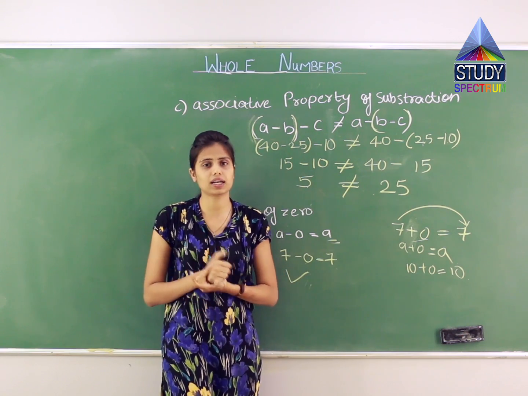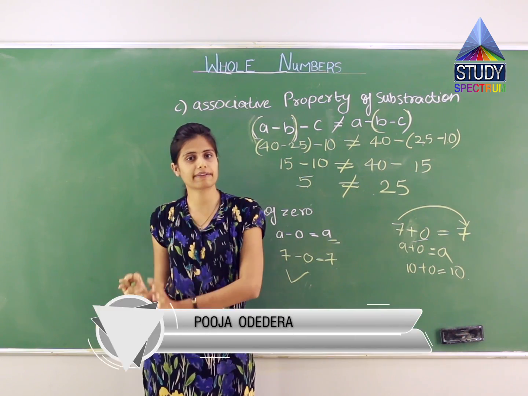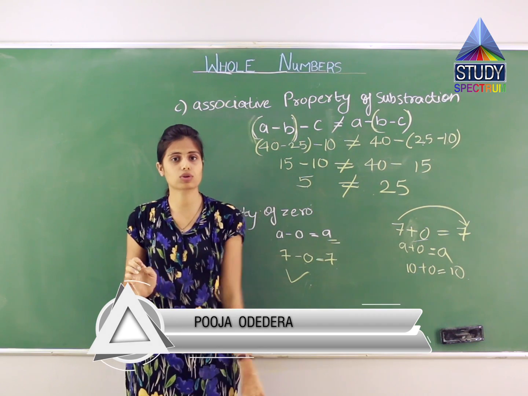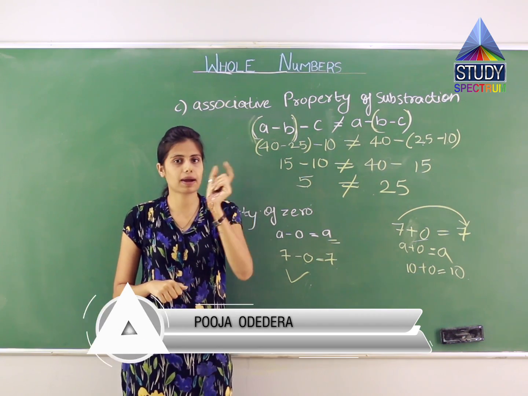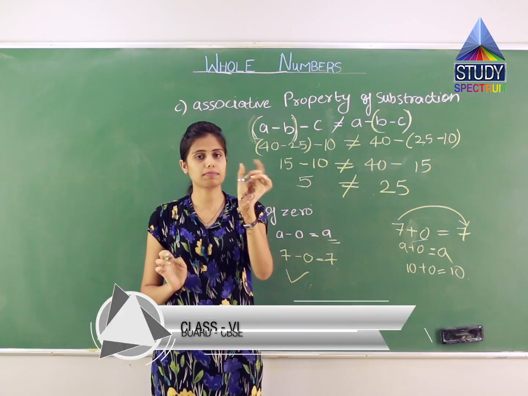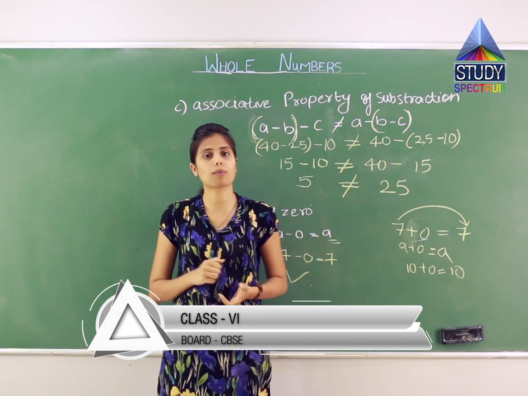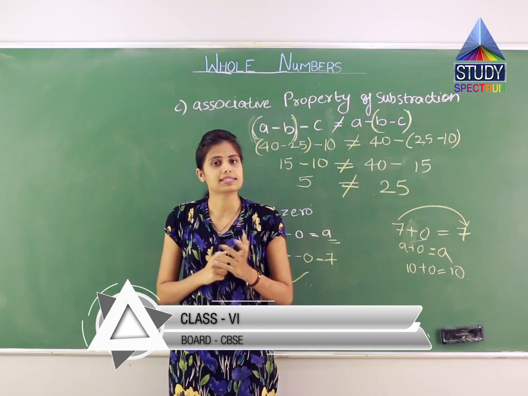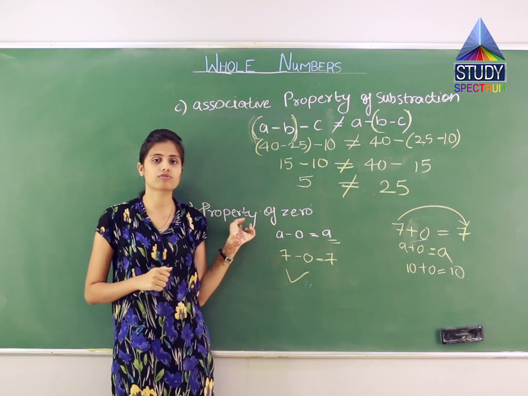7. In practical life also, if I say you have 7 mangoes and those 7 mangoes are lying just as they were, you have not even touched the mangoes, how many mangoes are left? Means what you will do is 7 minus 0, because you have not eaten a single mango yet. So 7 minus 0 will be equal to how much? 7. Means what? You are left with 7 mangoes. So that is what the identity property or the property of 0 is.